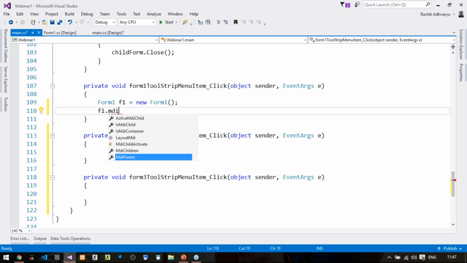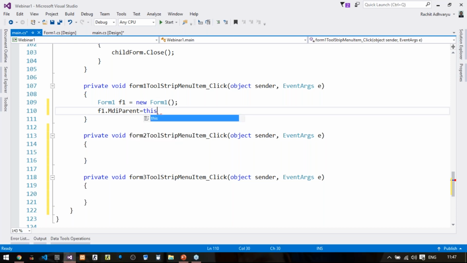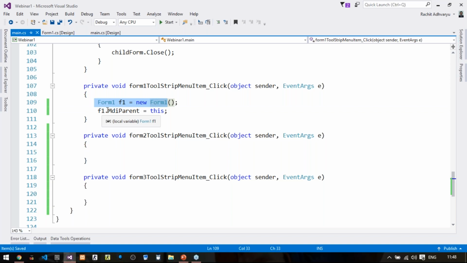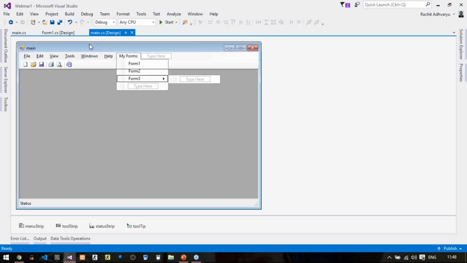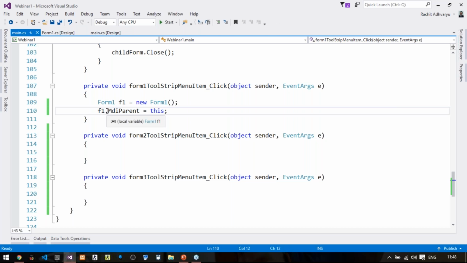Now what does this code mean? It means that this Form 1 is a child of this MDI parent. That means it is a child of this MDI form. So code will be Form 1 object dot MdiParent equals this. And next will be f1.Show.